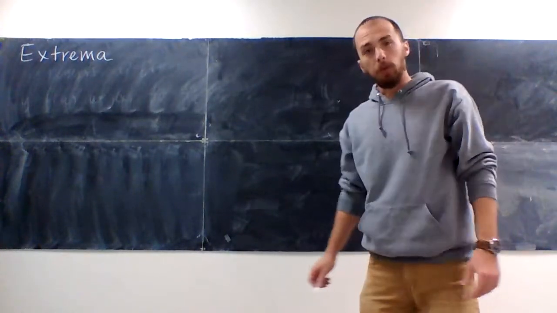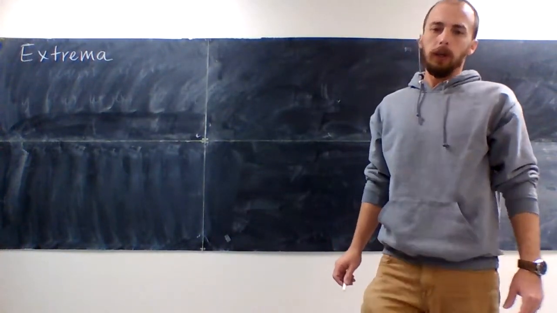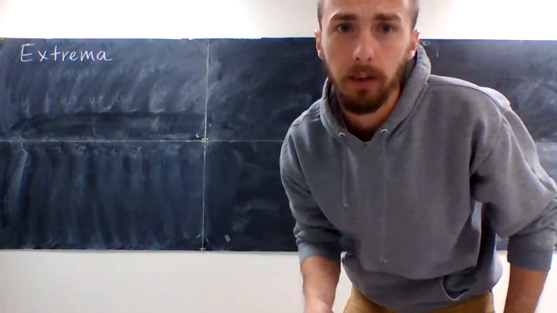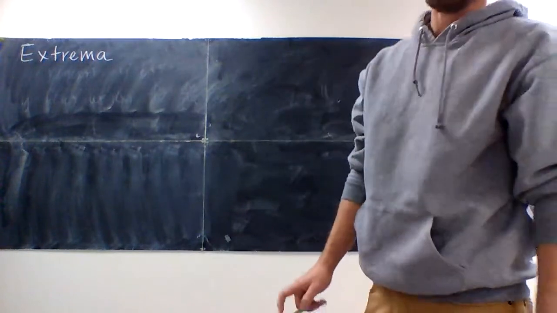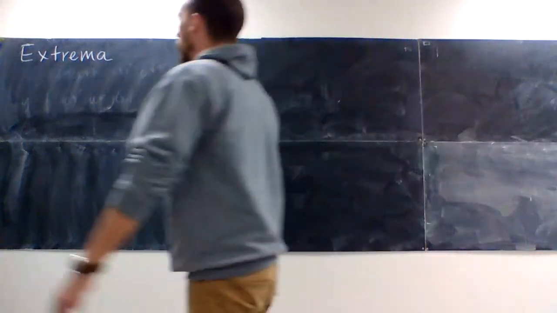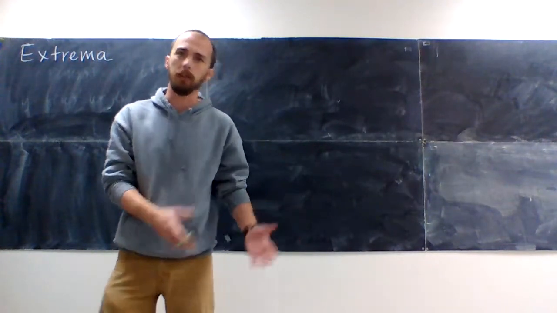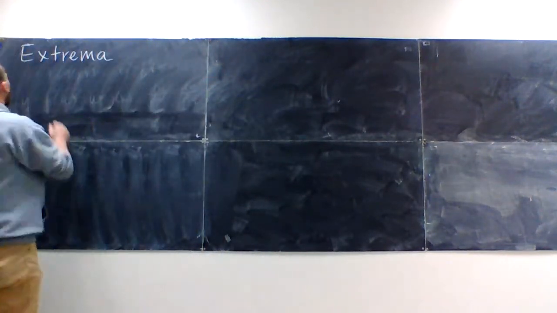I'm going to talk about extrema for functions of two variables. And first, much like how we started our discussion of extrema in the single variable calculus class, I'm going to start with a definition of a critical point. Critical points are places where we could potentially have an extremum, but not guaranteed. Right? So a critical point